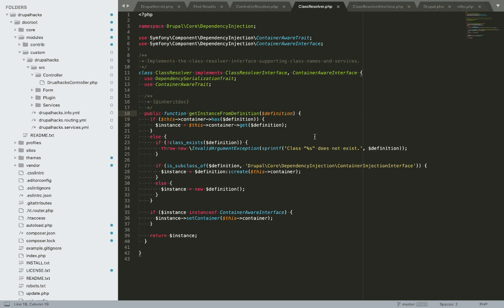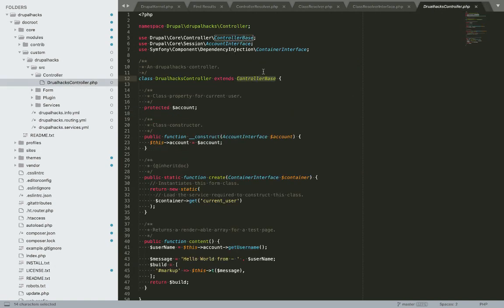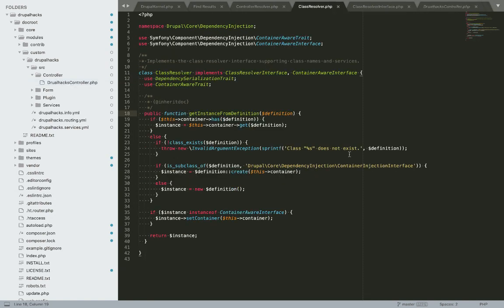Whenever we write a controller, we extend controller base, which in turn implements container injection interface. So this checks whether the definition or class is a subclass of container injection interface, and if it is, then it calls the create method of that particular class.